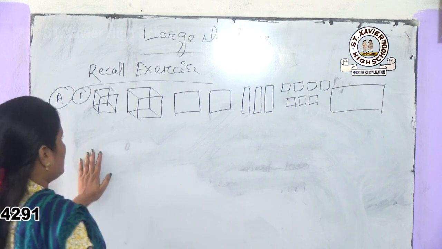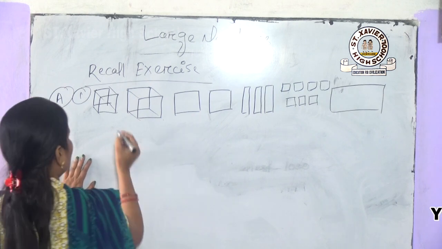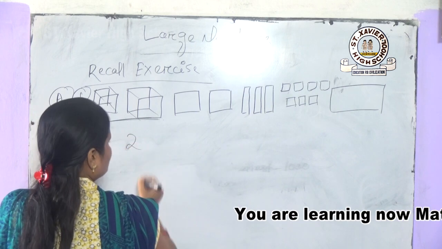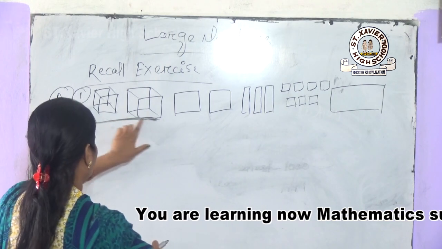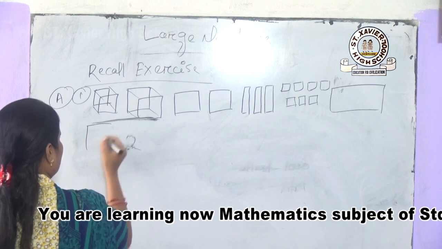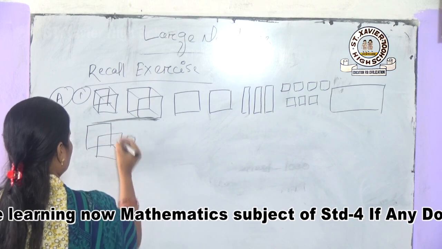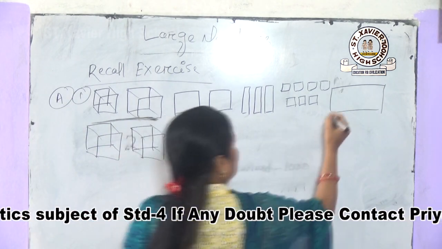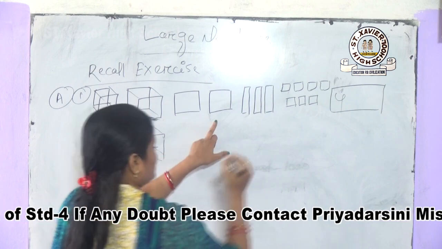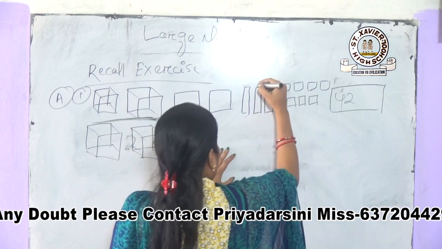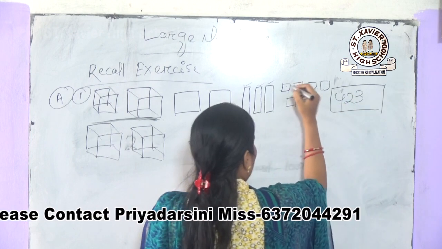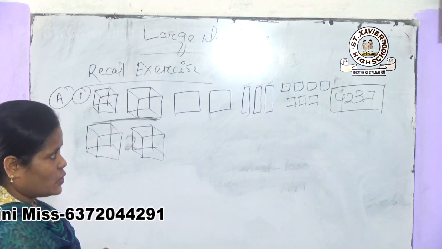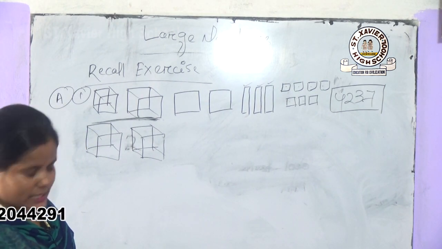So first write the number and number names. Here there are figures. I'm sorry, there are 4 figures just like this. So these are 4 figures, so 4, and these 2 figures for 2. These are 3 sticks, 3, and 1, 2, 3, 4, 5, 6, 7, so 7. So your answer is 4237. So how can you write this number in name?